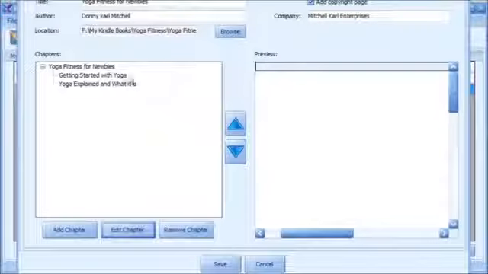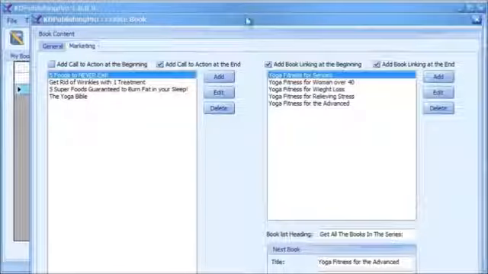After you're done with your chapters, you click OK, and your chapters will be all here. And what's awesome is the software will automatically create the table of contents for you, so you don't have to fumble around with all the formatting and getting the pages to link right and all that kind of stuff. It does it all for you. In addition, we've also provided another tab up here, which is our marketing tab.